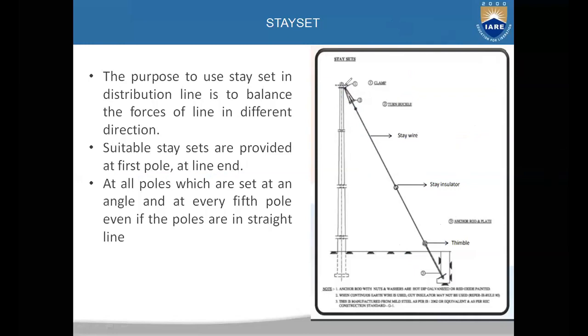Now between this tower and the ground, as you are using this stay set, there may be a chance of current flow here. To stop the current from flowing through this stay, you will use the stay insulator. A stay insulator is a very small insulator placed between the ground and your support at this point. This stay insulator will make sure leakage currents do not flow from the tower to the ground.